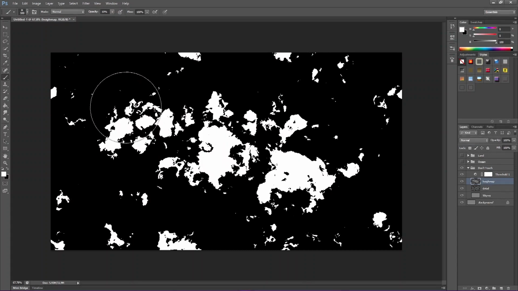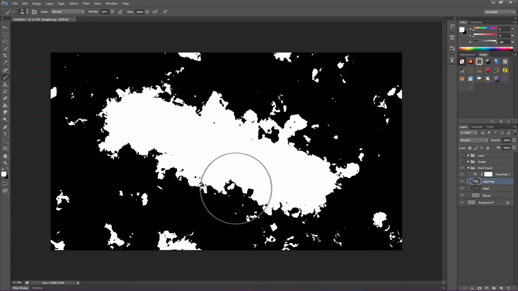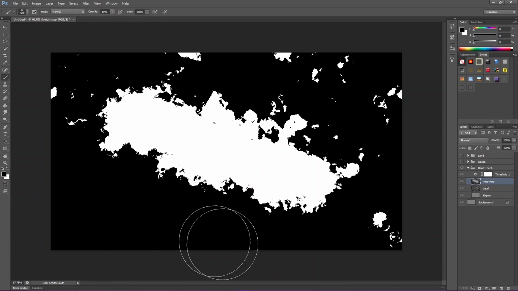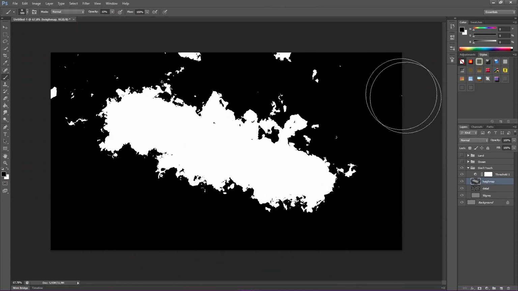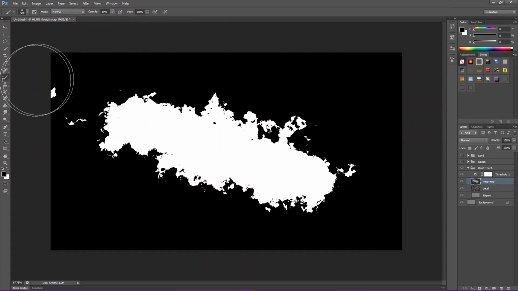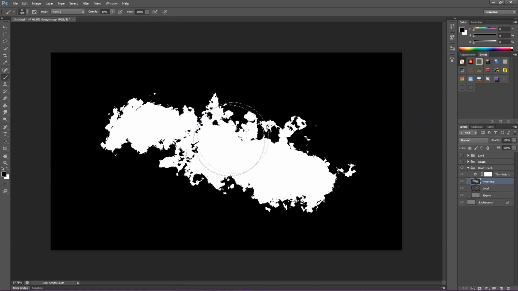You don't want to be too harsh with this, otherwise you're going to lose detail. And we're going to tease the ocean back into the ocean. Everywhere where you want ocean, you paint black. Everywhere where you want land, you paint white. Now notice I'm painting on my height map, and the threshold is just translating that information into where the land is going to be and where the ocean is going to be.